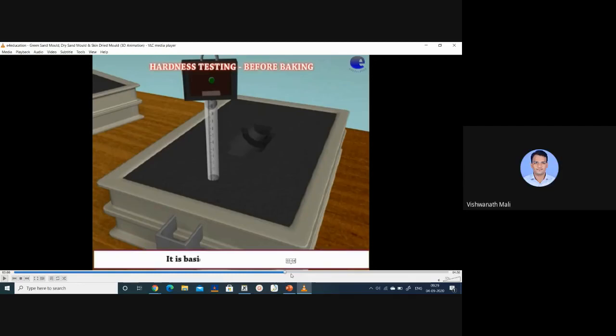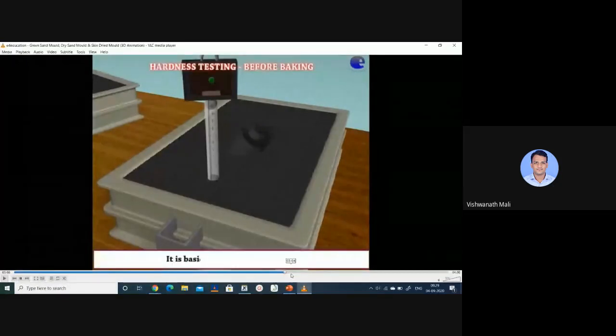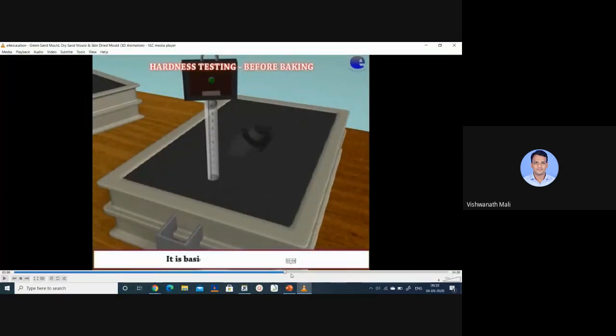Sir, while baking that sand, no cracks occur, no? No crack. We are not heating that much, only up to 80, 90, 100 degrees Celsius. We are heating like that only to remove the moisture and to get a good steam. That is the purpose of baking of molding sand. It will not break.